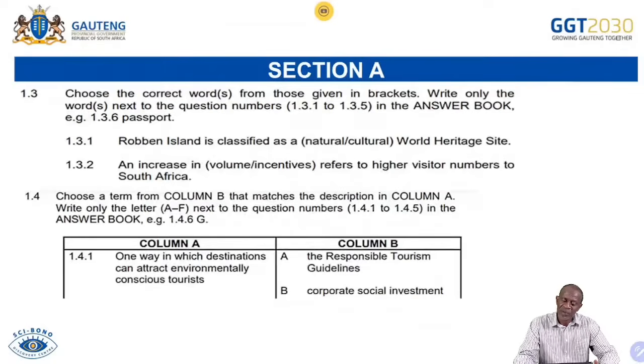That is the question for us to tell whether it is classified as a natural or a cultural World Heritage Site. Then you will have to choose the correct answer between the two. 1.3.2, an increase in volume incentives refers to higher visitor numbers to South Africa. Right. Here it says you have to write